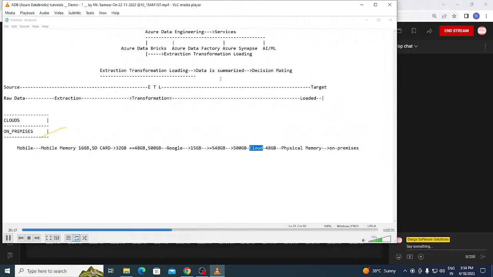Yeah, of course. That means the access is possible irrespective of the location. So we can say that we can access this data, which is stored in Google Drive, from anywhere in the world. Am I right? From anywhere in the world, without worrying about the physical location where my data is stored.